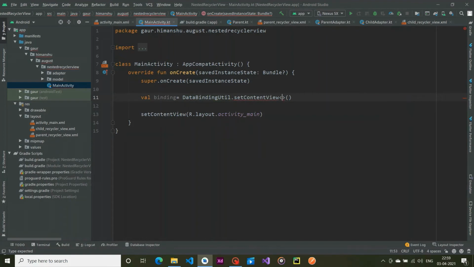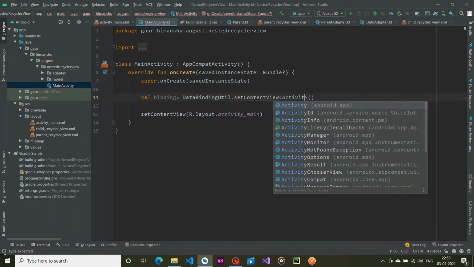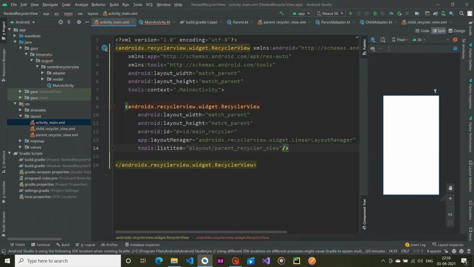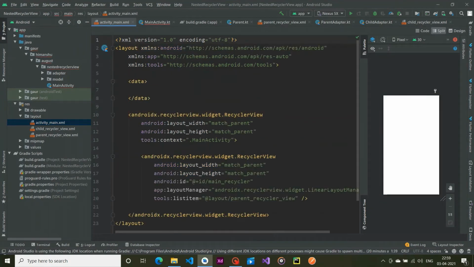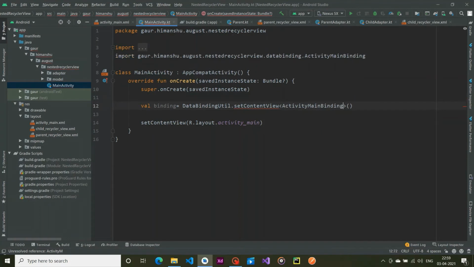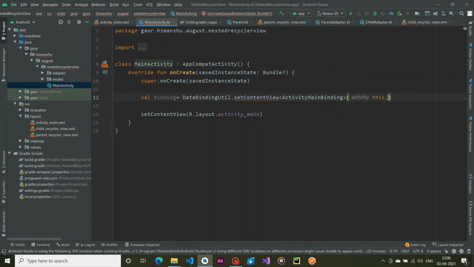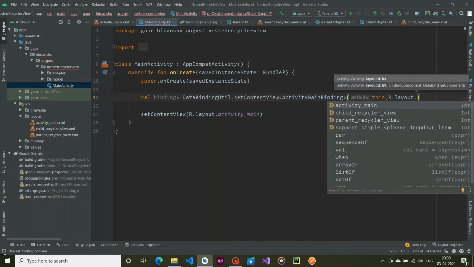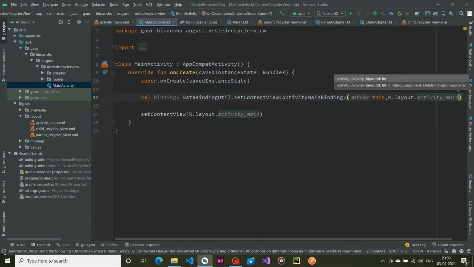So this is our activity main, so ActivityMainBinding. So we first make this layout our data binding layout, and now we are receiving ActivityMainBinding in it. So pass this, and the second one is our layout, so R.layout.activity_main.